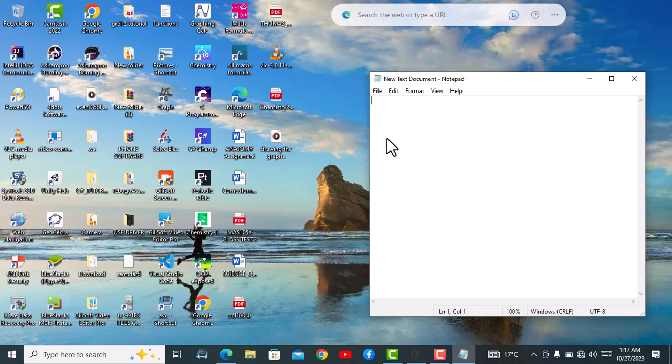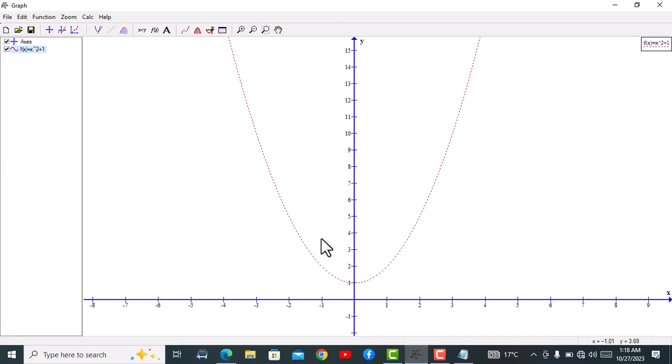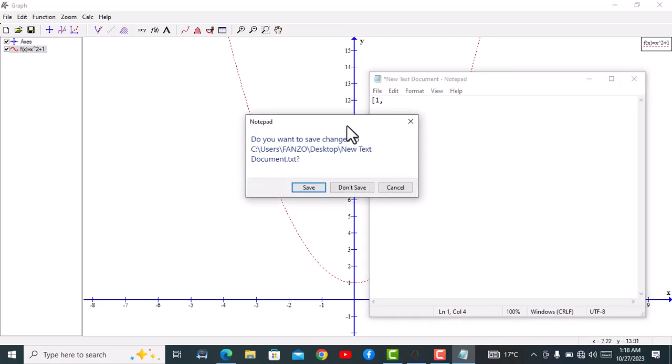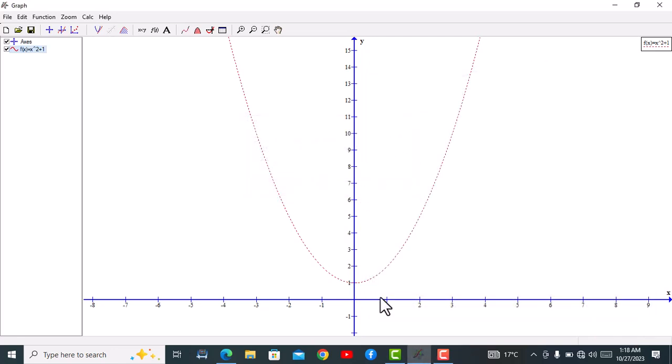So we are saying the domain is from negative infinity, unfortunately I don't have the infinity sign on this laptop, to positive infinity for the domain, and for the range it's 1. So the type of bracket that I'm talking about is this one. So it will be 1 to positive infinity. I don't have the infinity symbol around here, so that would be the range. Let me not waste your time, that will just be the range